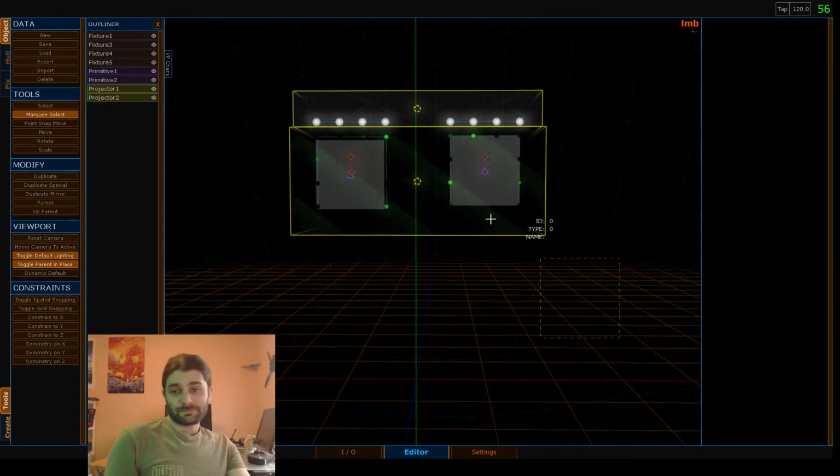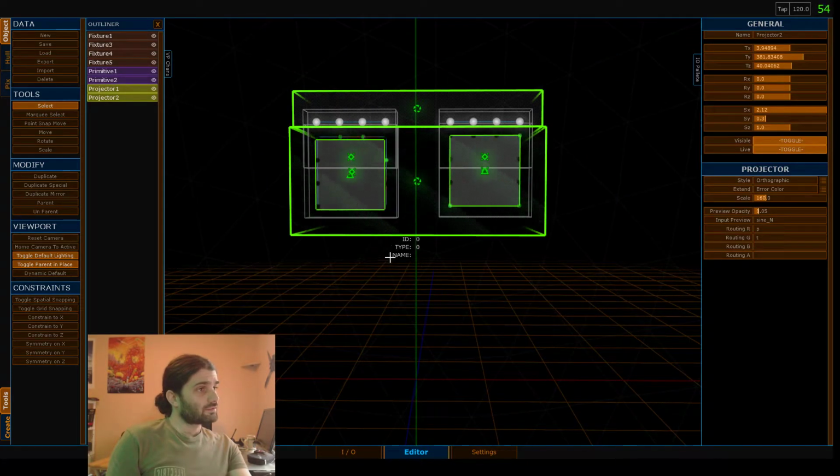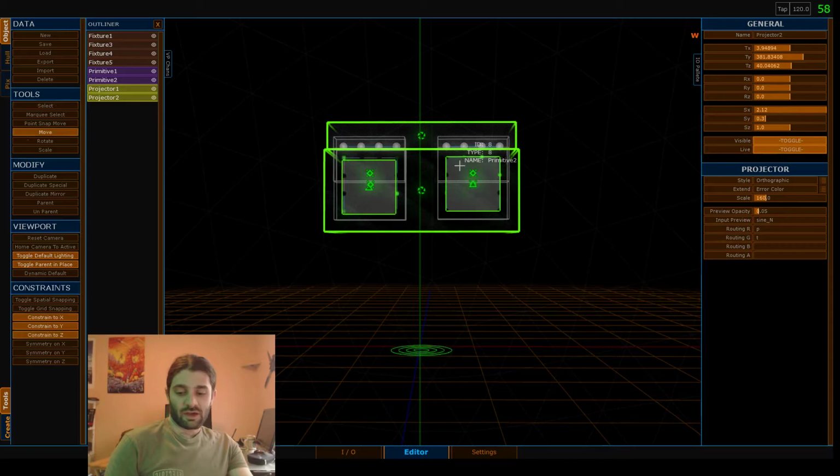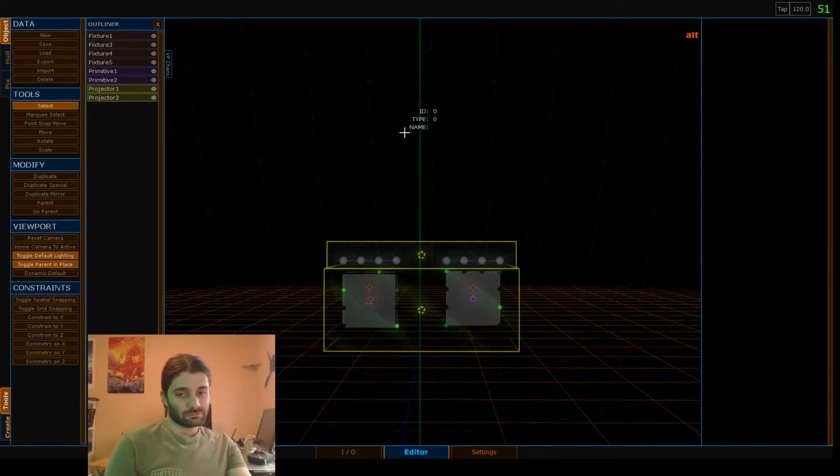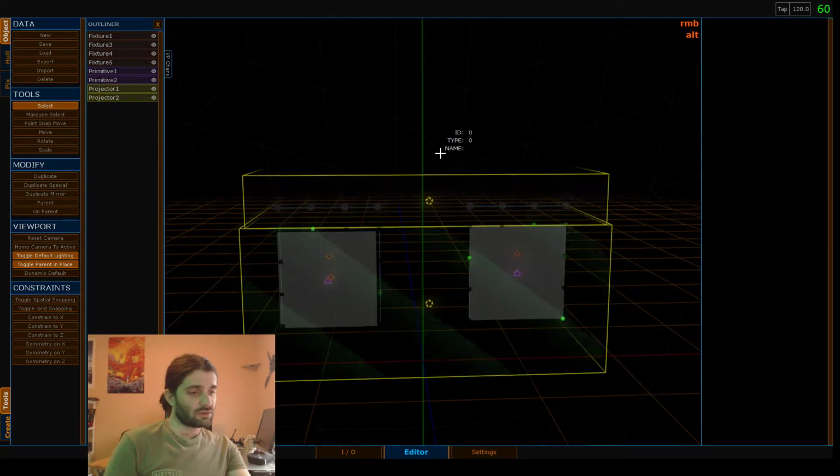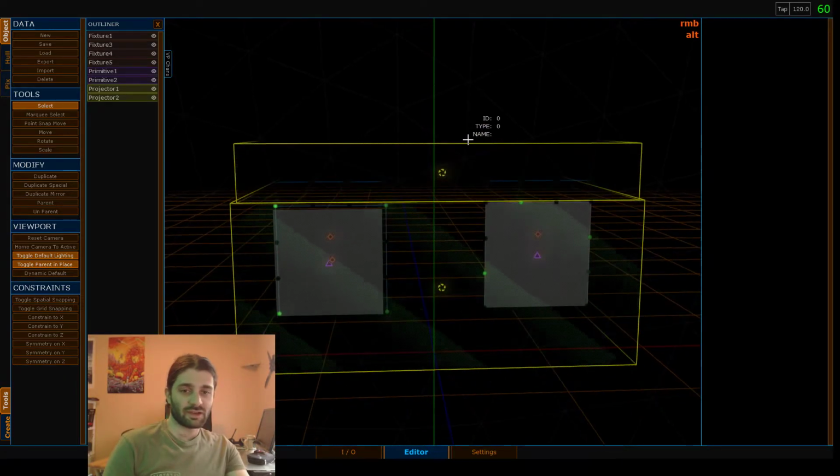Okay, next let's talk about the I/O tab. So as you can see here, one last thing, because this is actually related to the I/O tab and DMX